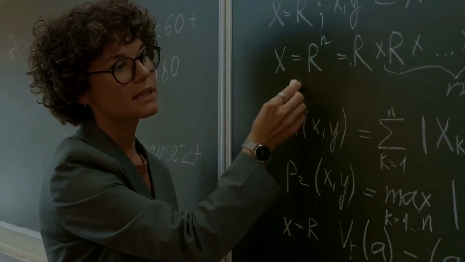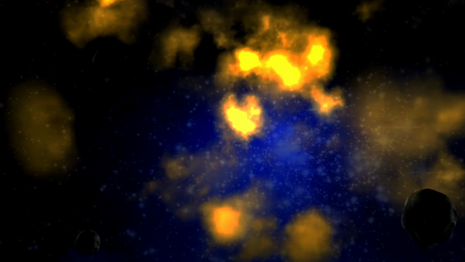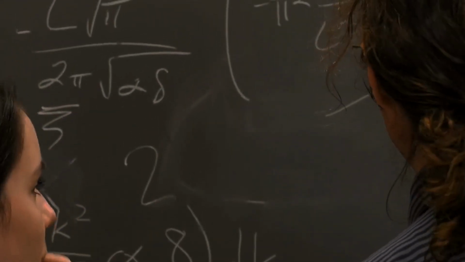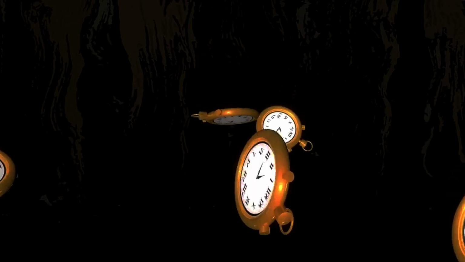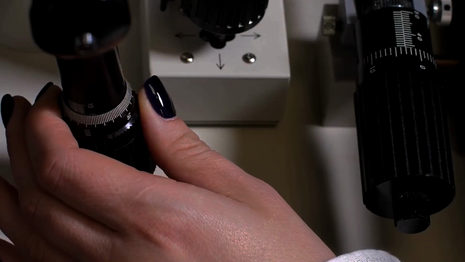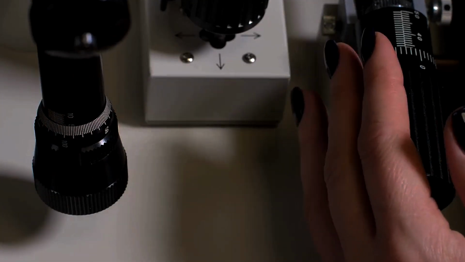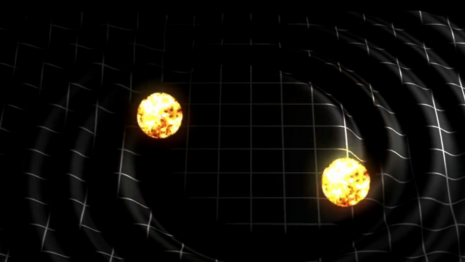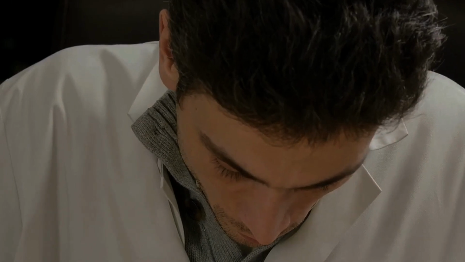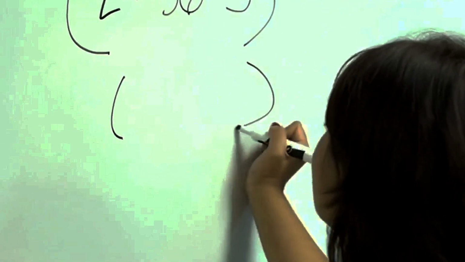Interestingly, while loop quantum gravity does not introduce gravitons as building blocks, it is anticipated that in a semi-classical or weak field limit, something akin to gravitons may emerge. Moreover, loop quantum gravity is formulated in 3 and 4 dimensions and does not require supersymmetry or Kaluza-Klein extra dimensions, unlike string theory. This difference has led some physicists like Carlo Rovelli to argue that loop quantum gravity's formulation is more parsimonious and consistent with current experimental results. Despite these differences, both theories seek to overcome the non-renormalizable divergences of quantum field theories.